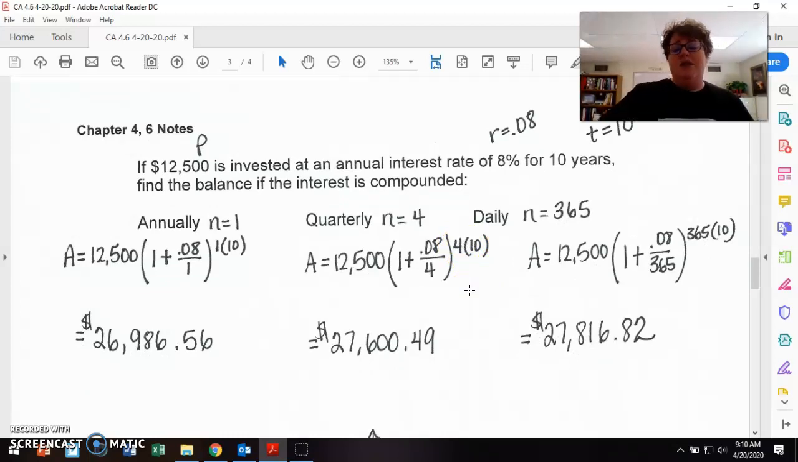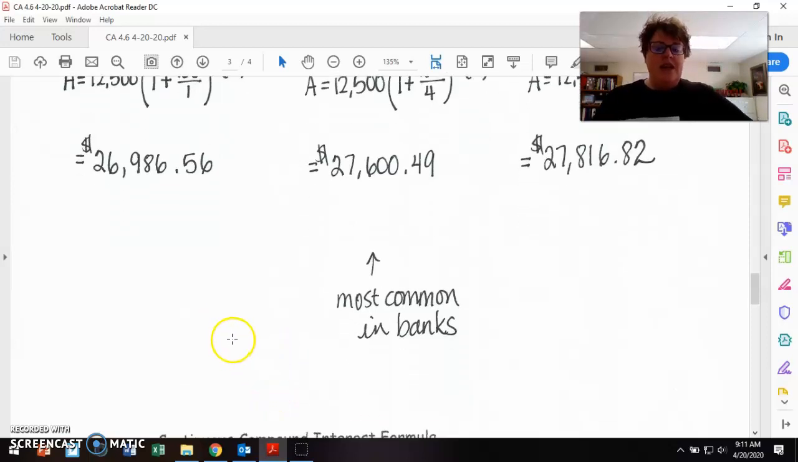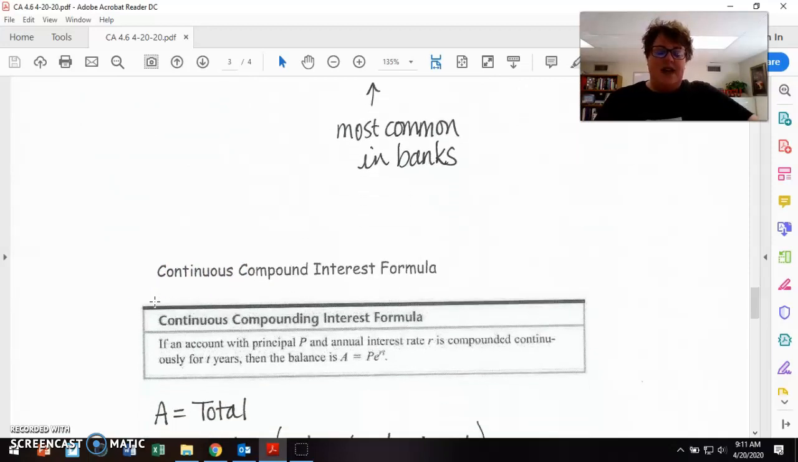So ultimately, you would love it if it compounded daily. Most banks do not do that. Most banks do quarterly, so the middle one is the most common. But that's something to look at. Does it compound annually or quarterly? Now, if it's compounding continuously, so this is if it's doing 365 days a year and beyond, that means it has a